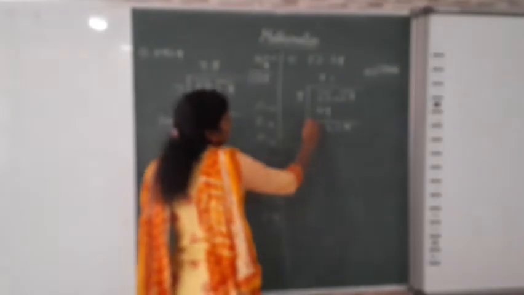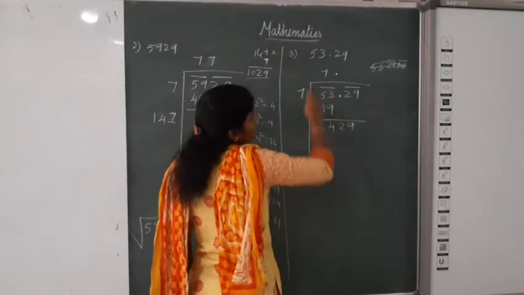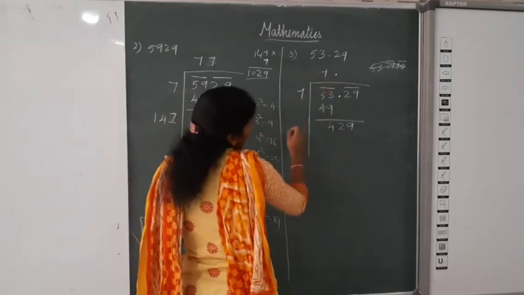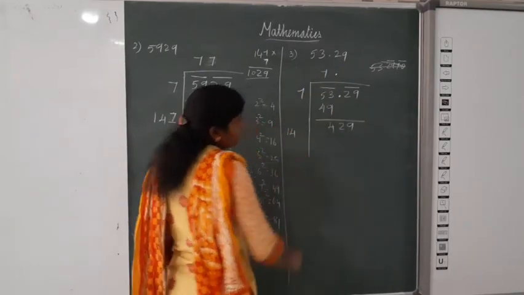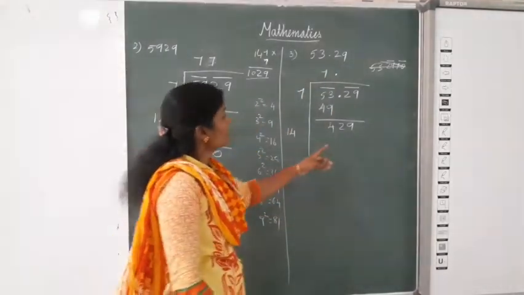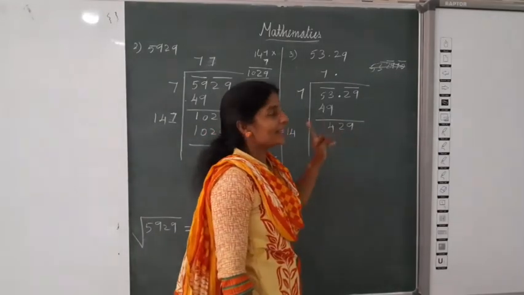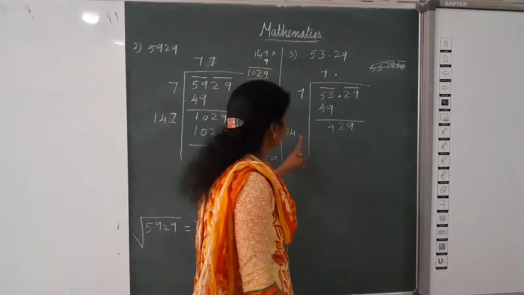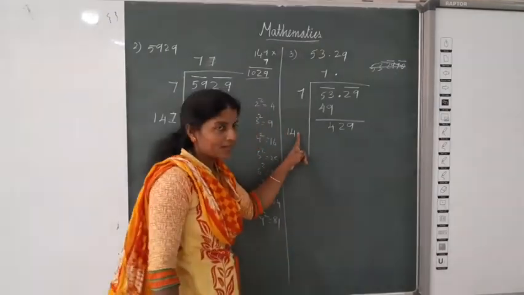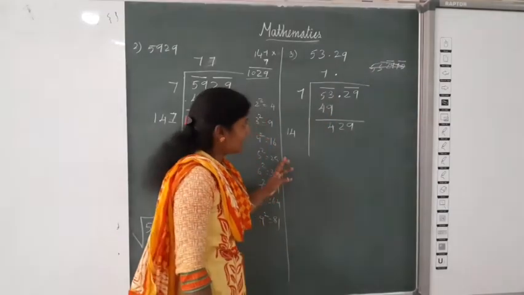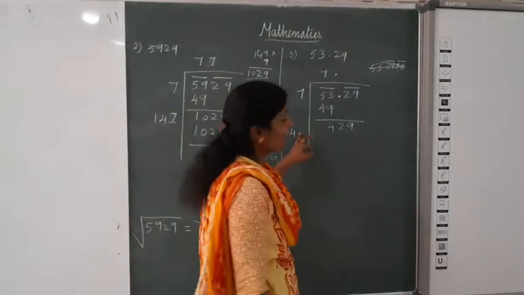Now, next step is we can multiply by 2 in the quotient. So, 7 2s are 14. Now, listen. Here 4, 9, the one's place is 9. What digits are possible here for the one's place? 3 3s are 9, and 7 7s are 9.